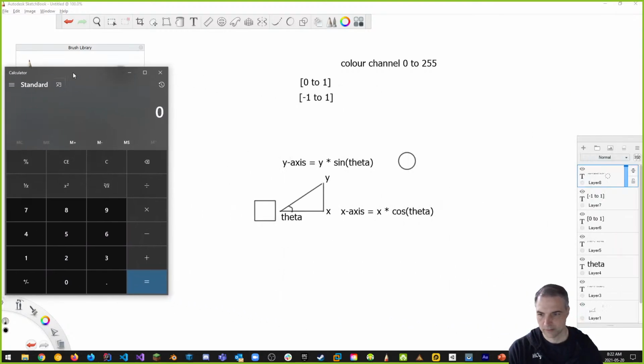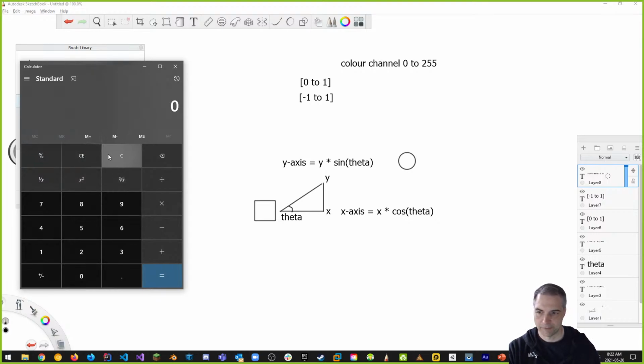Okay, so here's our calculator. Let's suppose I had a red value of 112. So 112 would be the red value. That's how many points of red pigment or red color that I'm adding to a particular object. This is the red channel. And how would I convert that into a normalized value? Well, I would take this and divide it by the maximum part of the range, which is 255. So if I divided 112 by 255,